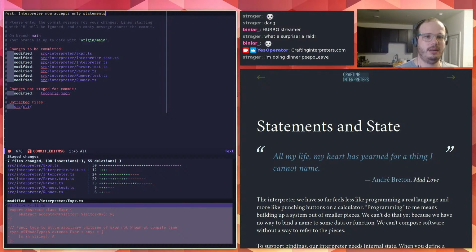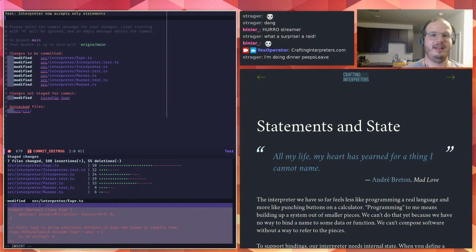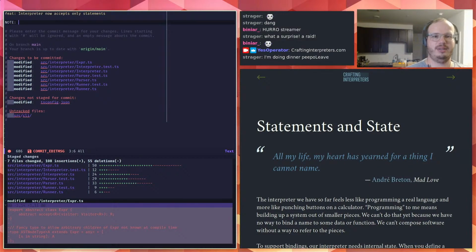So unlike other dynamic languages like Python or JavaScript, you're not allowed to type in something without a semicolon in our interpreter anymore. Note to skipped tests because we got rid of error handling temporarily.